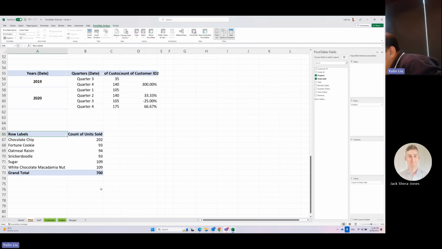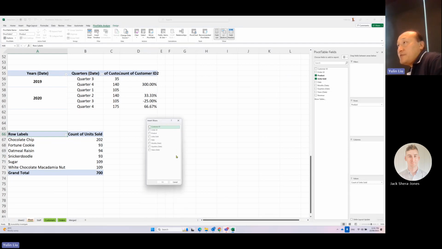The other final thing I want to mention is we can insert a slicer and then a timeline in our pivot table. So slicer is like here. You go to PivotTable Analyze. You can insert a slicer. A slicer is like filtering by variables. You can insert a slicer by